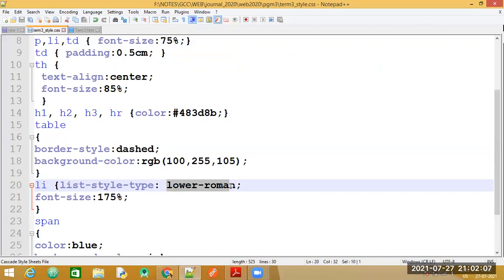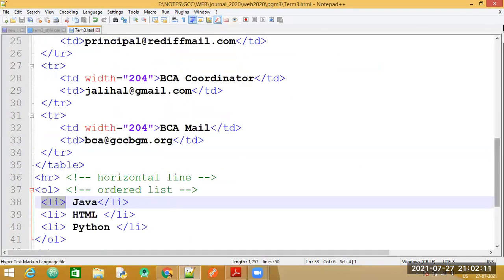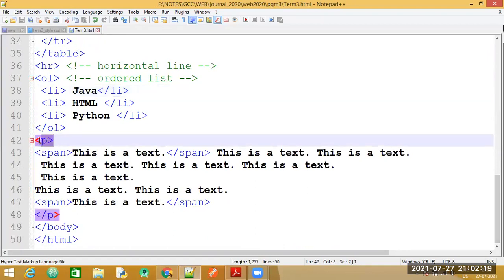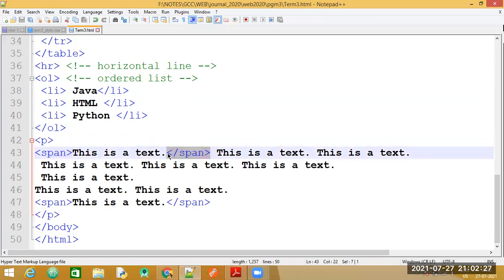So let's move ahead. After creating a list with the OL tag, there is just another P tag. Inside the P tag, text is there, and for that we have applied the span property. You can recall that with the span property, we can apply different effects only for one particular text.